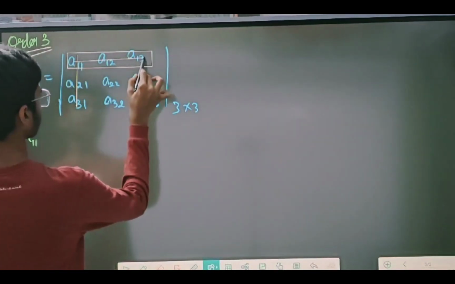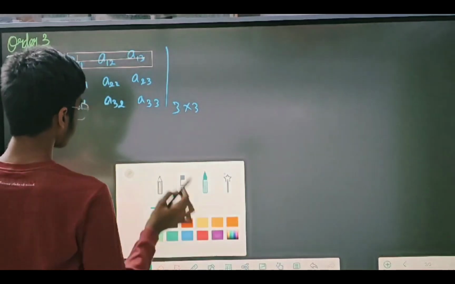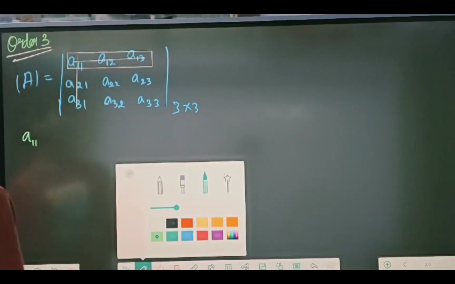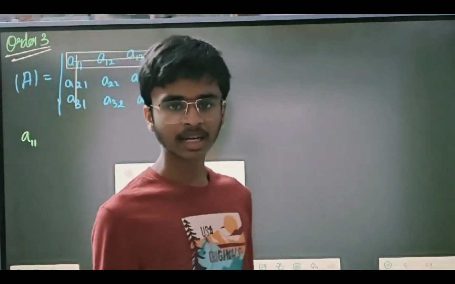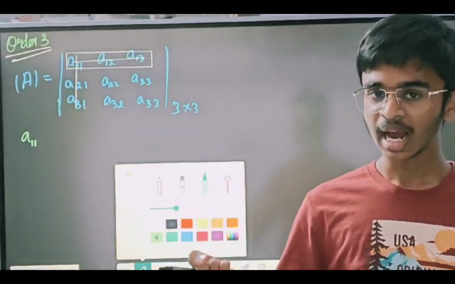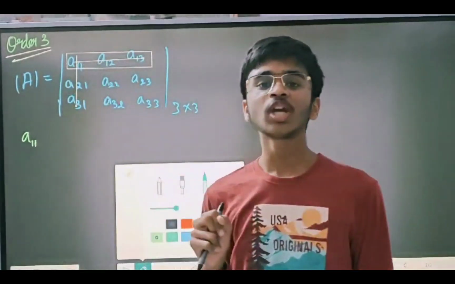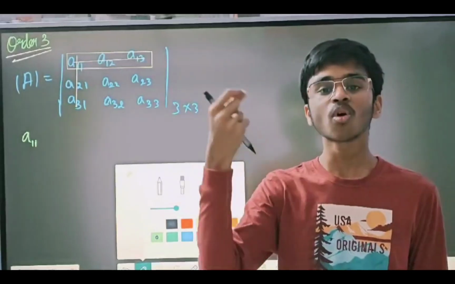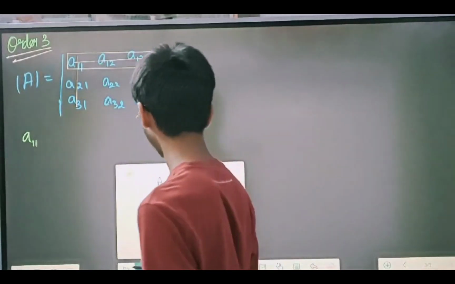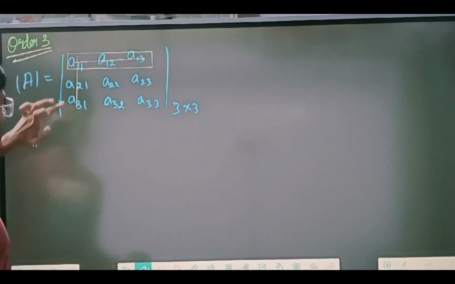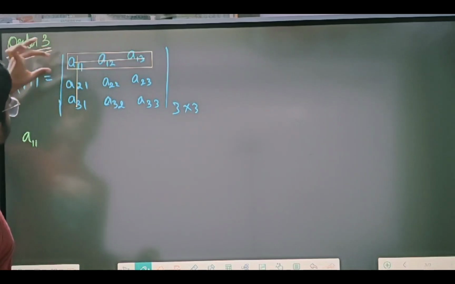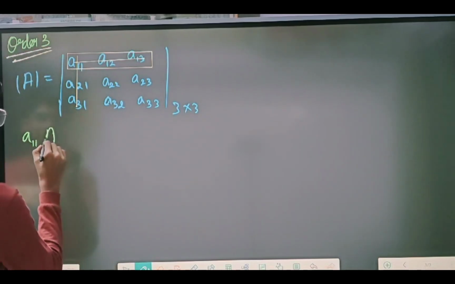In this row and in this column, the remaining 4 elements are there, right? So that alone I would have to take and write. But instead of doing it like that, you have to take this element and multiply that element's cofactor with the element itself. That means here I've taken this element and I have to multiply it with its own cofactor,